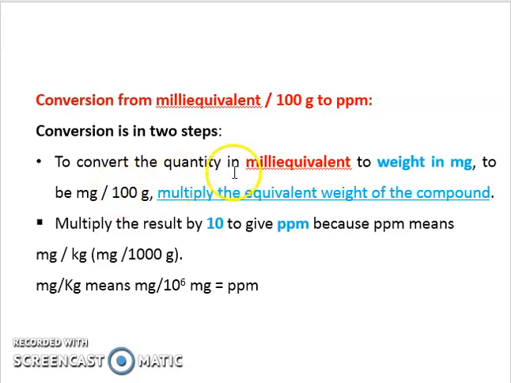To convert the quantity milli equivalent to weight in milligram per gram, milligram per 100 gram here means milli equivalent, you multiply by the equivalent weight of the